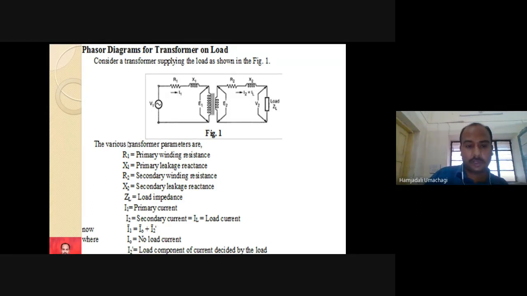All these things you have to rewrite once again, what all those notations represent. All those things you have to rewrite here after drawing this circuit diagram. Is it clear, all of you? Here we are speaking in general terms. Still, I don't know whether it is a resistive load or inductive load or capacitive load, but just in general, we are going to highlight that load as ZL. Is it clear, all of you?